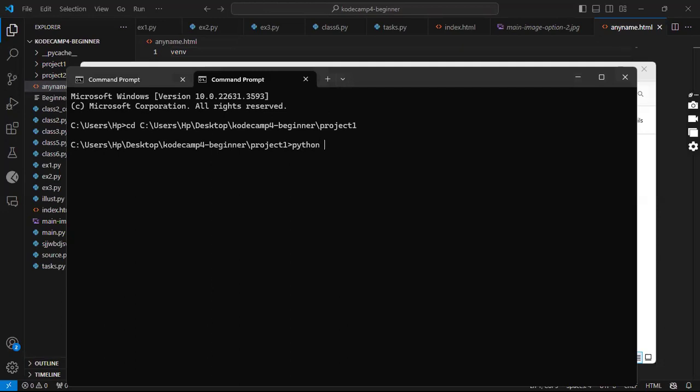So Python followed by -m, then followed by what? The module name, in this case, is venv. Venv there is the module name, and what follows now is your virtual environment name. How do you want to call your virtual environment? I could call it project 1